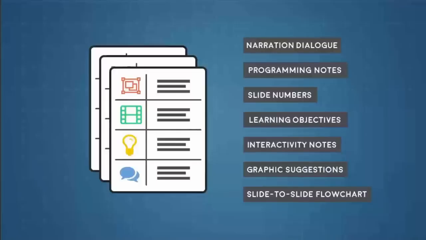A slide-to-slide flow chart. This is another thing that I do in my storyboards. I don't think anyone mentioned this, but if I have a course that I know is going to have some complex branching, let's say we're going to have a main menu and the learner is going to go down these different sections, I might include a slide-to-slide flow chart, kind of like a visual table of contents at the beginning of my course, where there's boxes for each individual slide, and it shows how the course is navigated so that when your subject matter experts review the course, they might have some sort of mental map about the way that course flows.